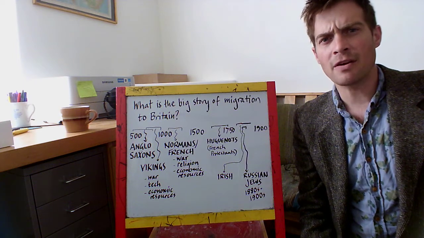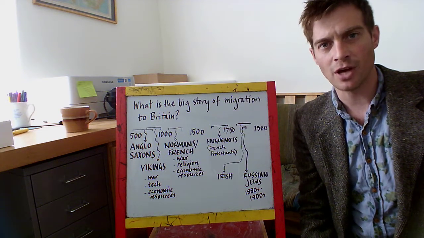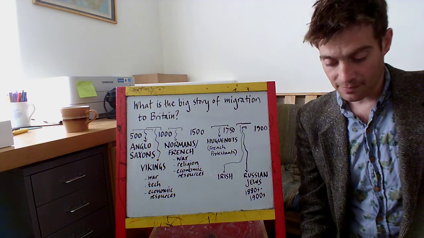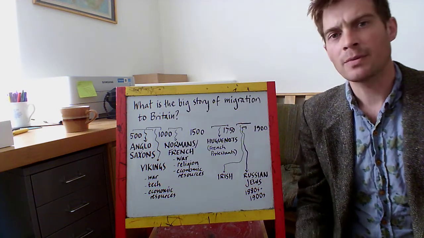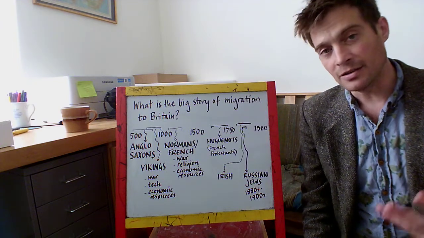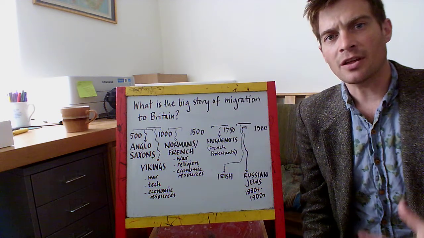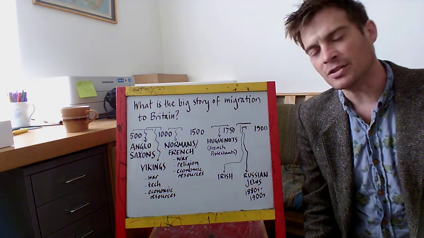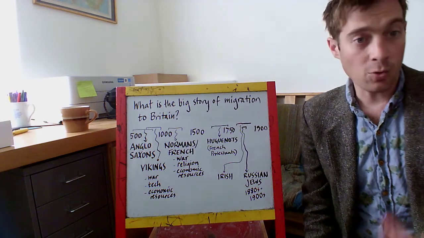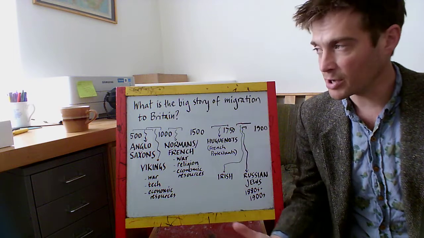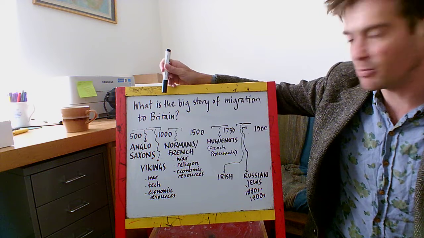We're now going to start the very last section of our thematic study on empires and migration through time to do with Britain. So far we've looked at the British Empire and its growth and its decline and its ultimate decolonisation. Today we're going to start an inquiry, a series of lessons where we look at migration to Britain. So the inquiry question, the overall question that we're trying to answer over the next few lessons is going to be, what is the big story of migration to Britain?